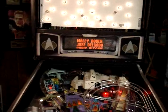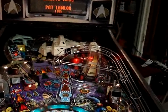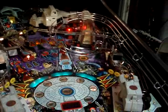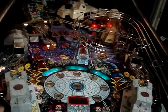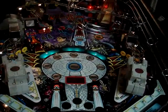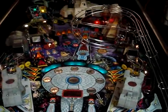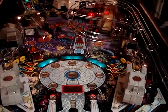Okay, well, now the CPU is all fixed. So next thing we're going to do is we have a few other problems we're going to take care of. We have a diverter under the playfield that I know is not working correctly. We also have one of the optos on the ball trough has a problem. We also have a new laser cannon kit to install. Have a few light bulbs to replace. Playfield needs a good cleaning. We're also going to replace the rubbers on the game, the bumpers and all that, flipper rubbers and bumper rubbers,